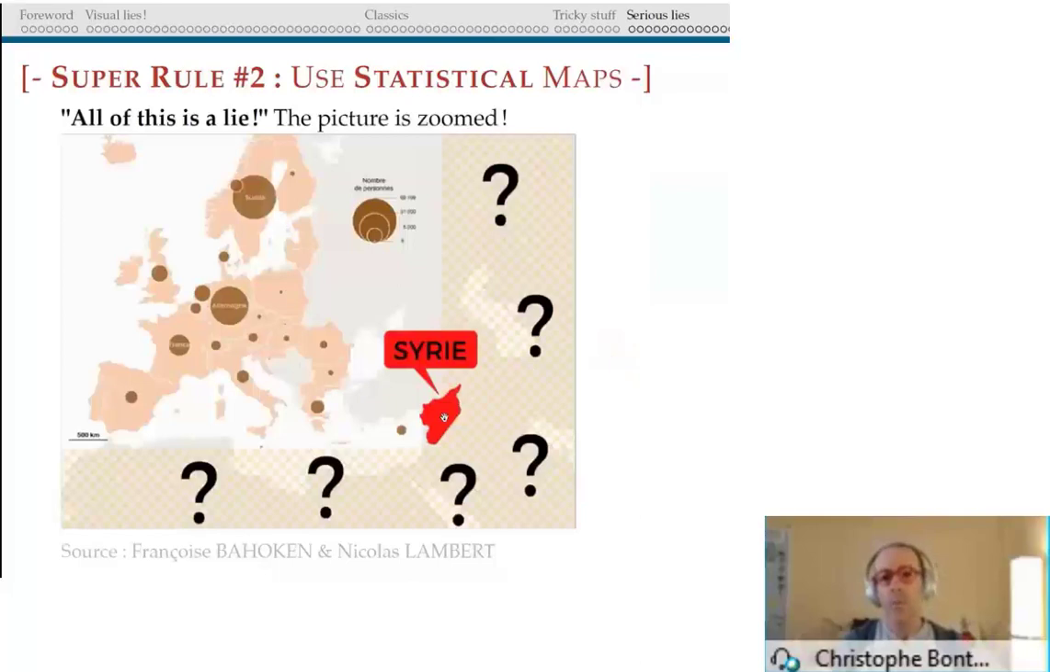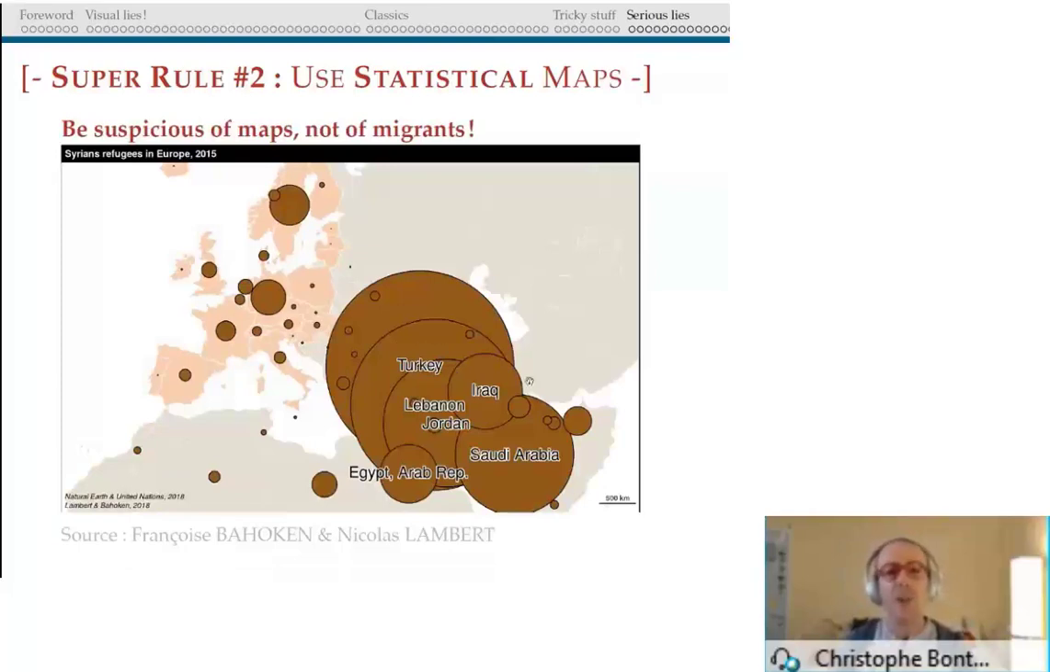And I think a more relevant picture would be to show the relative size of the number of migrants that arrive in Europe compared to the number of migrants that arrive in the neighborhood of Syria here. So there is a very nice work by these people showing what is a statistical map, and the outcome is: be suspicious of maps, not of migrants, because maps can be very